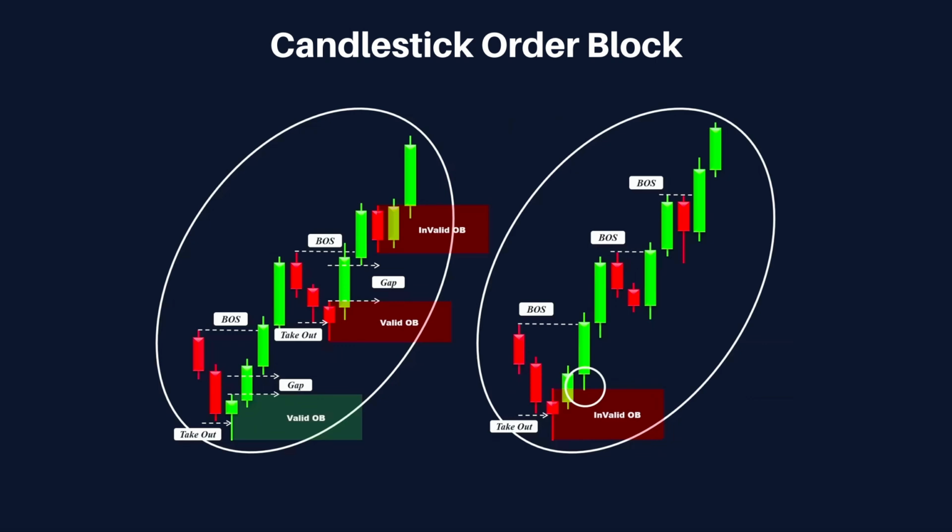Consequently, this order block cannot be considered valid as it fails to meet the necessary criteria, meaning it cannot be utilized as a demand zone. When faced with scenarios where the price has taken out the liquidity from the previous candle, but the order block is mitigated, or when the price fails to create inefficiency, we designate the subsequent candlestick as the valid order block. In this case, we identify the bullish candle as the valid order block instead of the previous selling candle. This decision is based on the fact that the price has generated a proper inefficiency or imbalance immediately following that